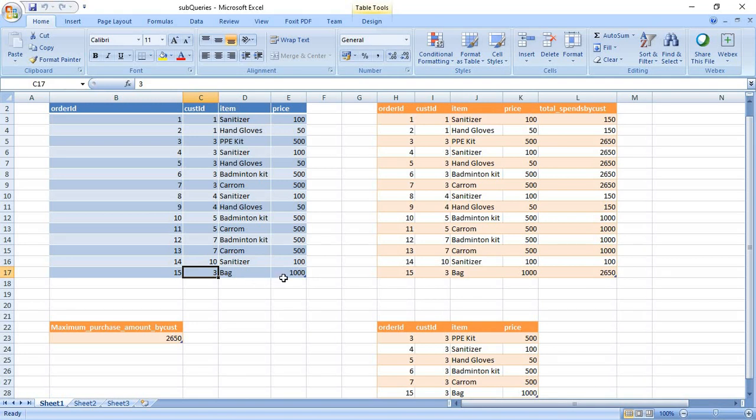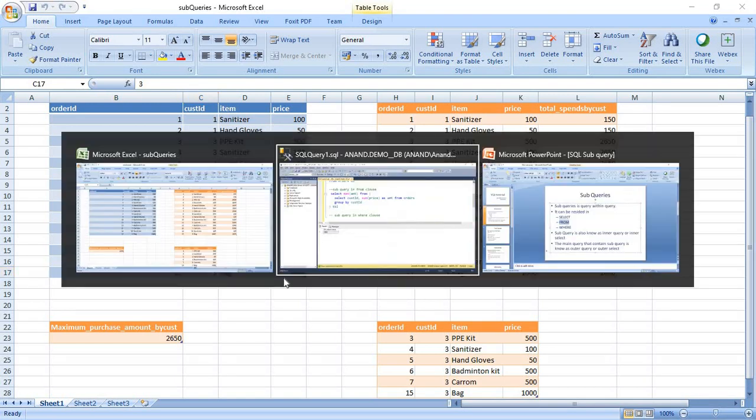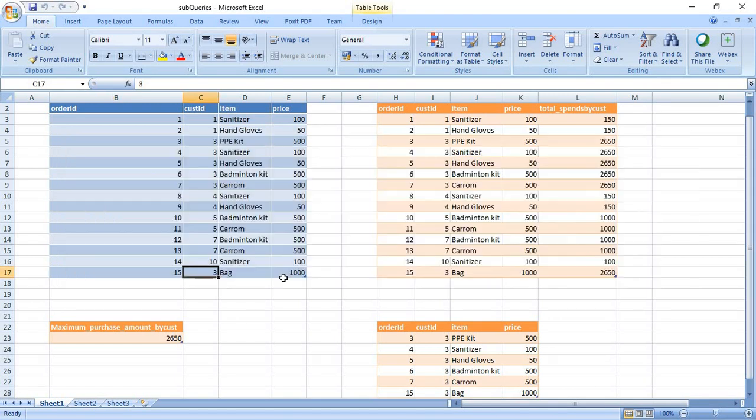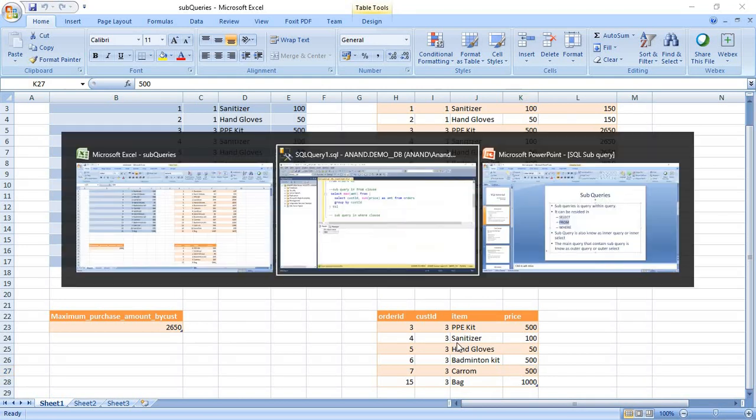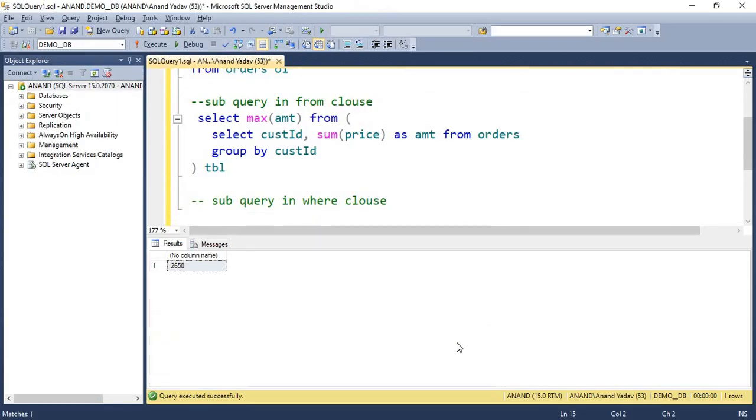Now we wanted to print all his purchased items with the price, so that, as you can see in this table, we know the customer who has purchased a single item costing more than 500, and we also list all his expenditure on purchased items. We can solve that with the help of a subquery.